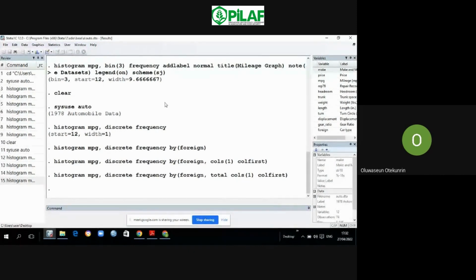Do you have any question on histogram before we proceed? Yes, please, I do. Okay. I noticed that for the second part, we're mostly working on foreign. How come our syntax is still showing MPG, when the univariate that we are dealing with